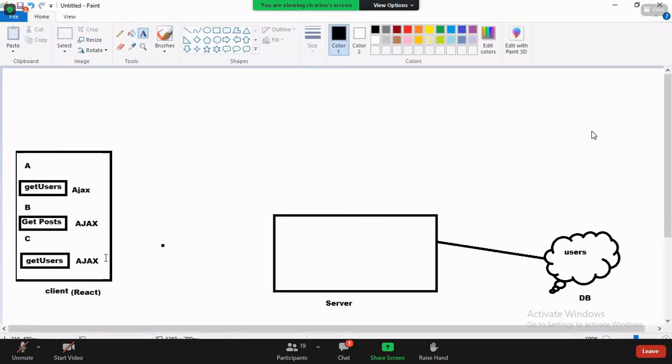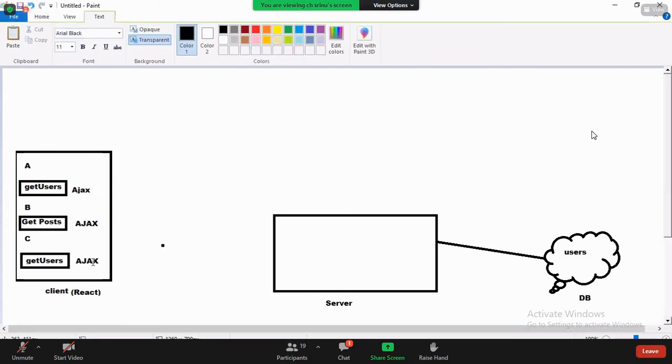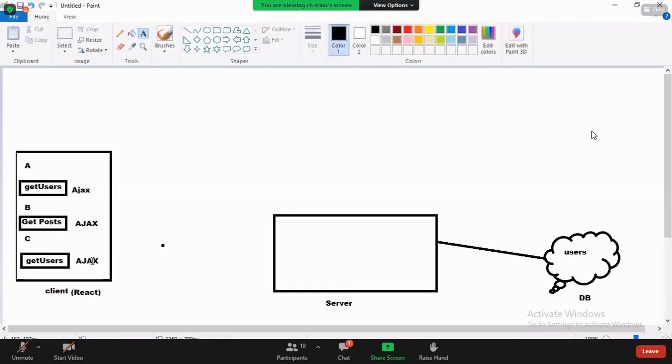Which Ajax do you want to use? XMLHttpRequest. Here also I wrote XMLHttpRequest, here also. I wrote it in 3 places. Tomorrow they say, I don't want XMLHttpRequest, use fetch. How many places do you have to change? Once that is done,